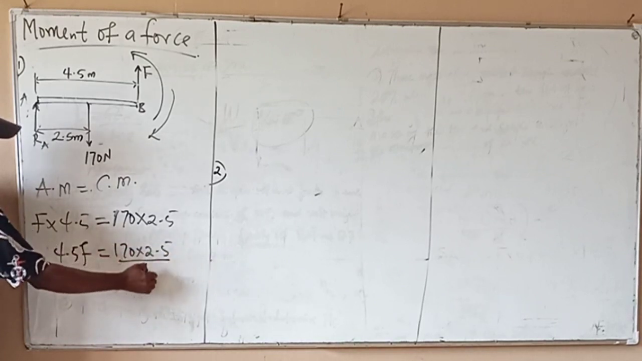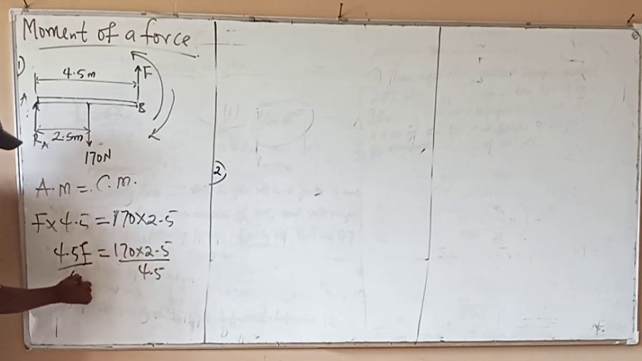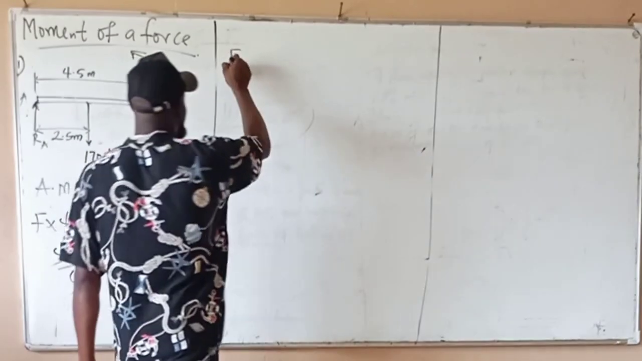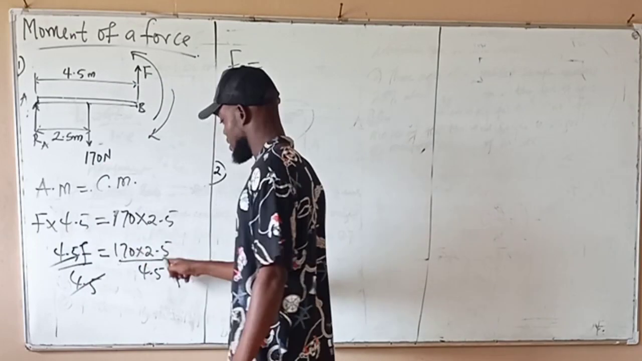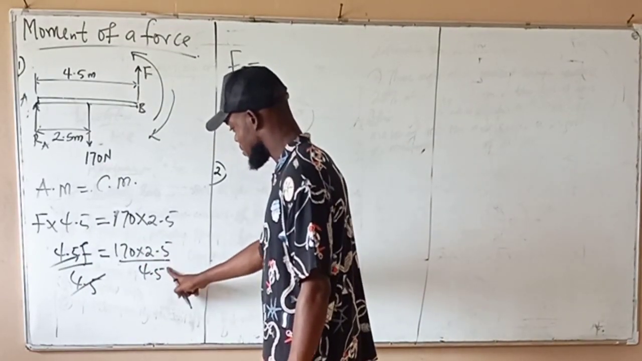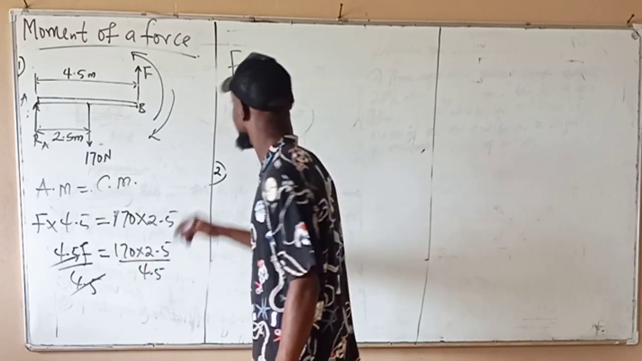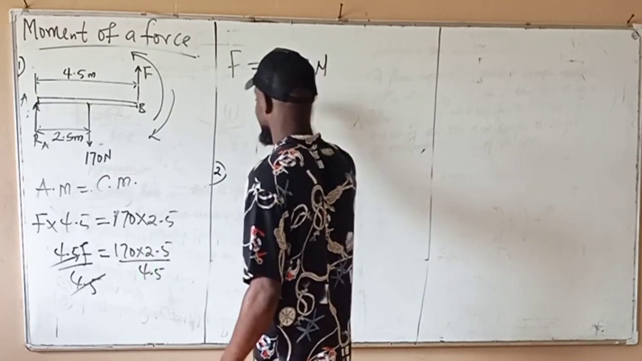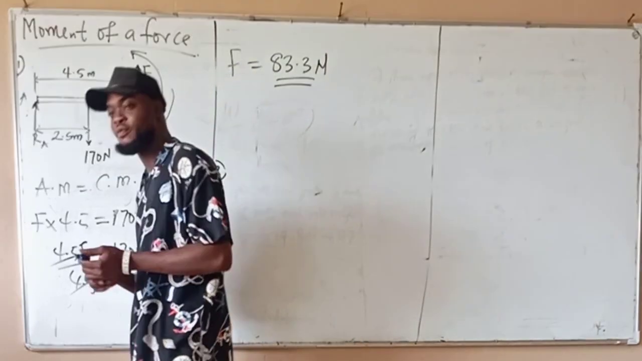If I start by 4.5, let's divide by 4.5, and this will cancel this. The F, the first one, equal to, this can be divided by this. I think we are going to produce 170 times 2.5 divided by 4.5, now something like 83 newtons, the force I'll need to keep the beam from